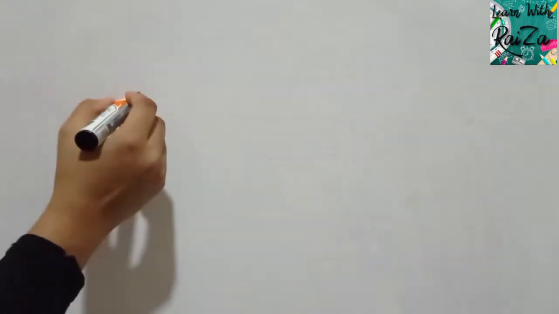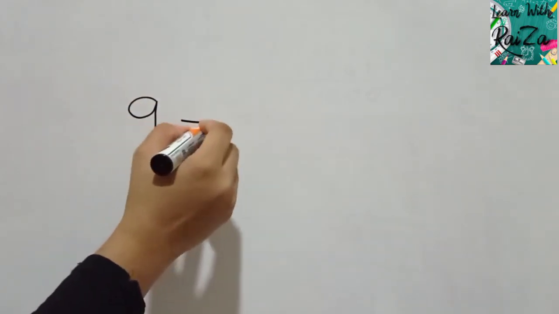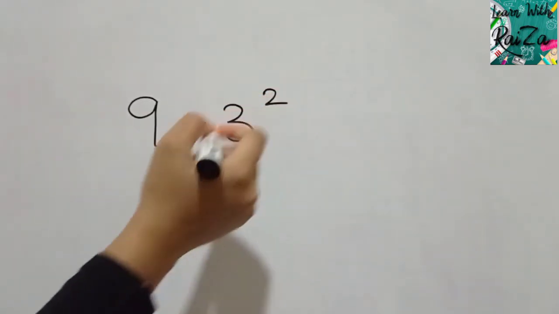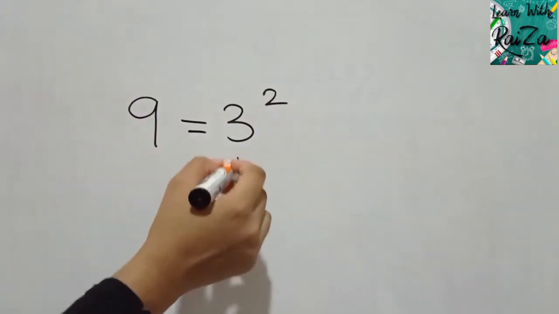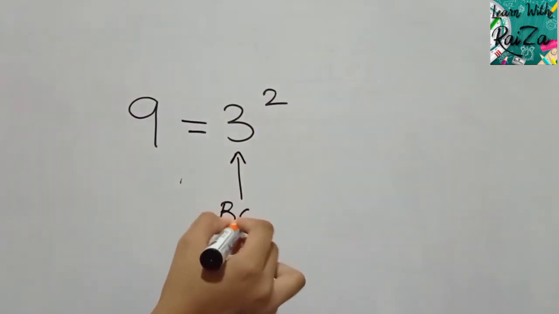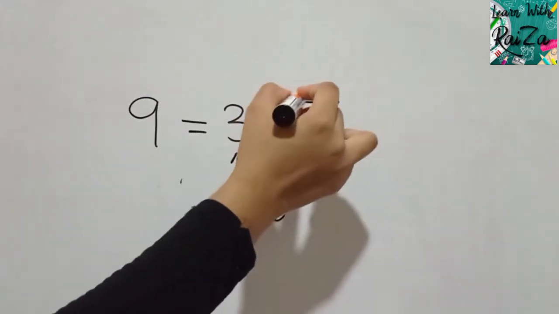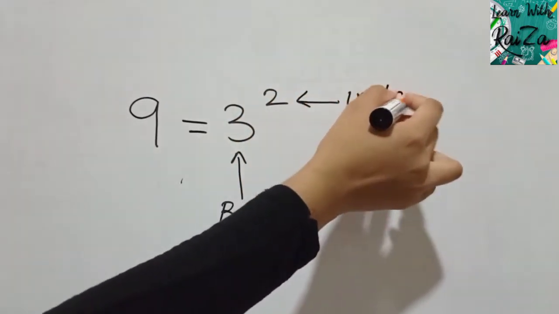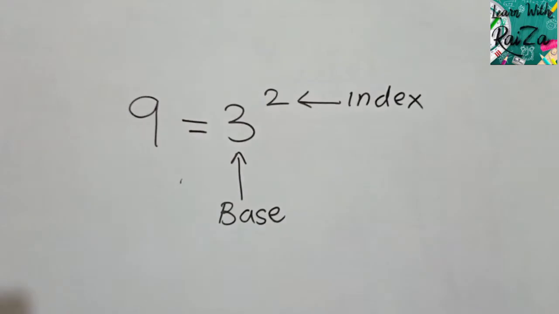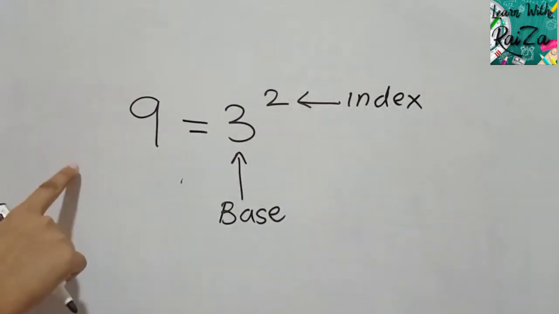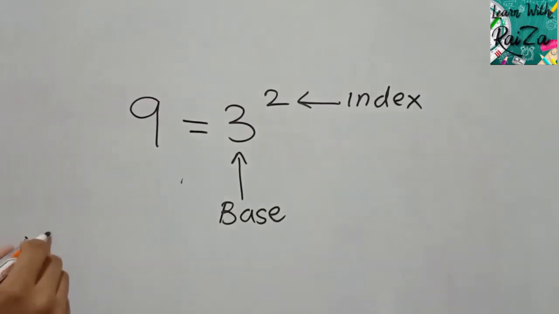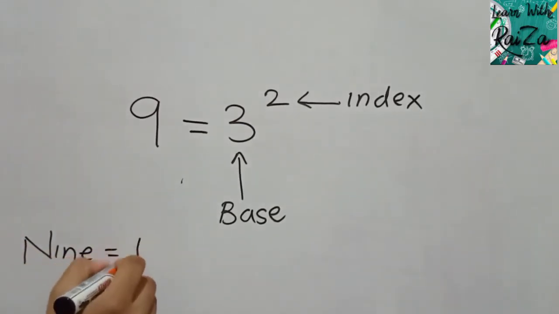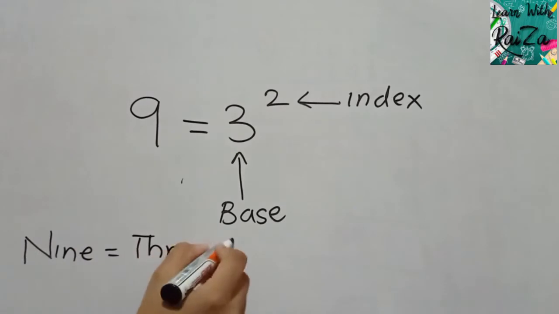So for example, if I take number 9 is equal to 3 to the power 2. This is read as 3 to the power 2. What you have here is the base, and we call this one the index. So here we represent number 9 with a base and an index. We read this as 9 is equal to 3 to the